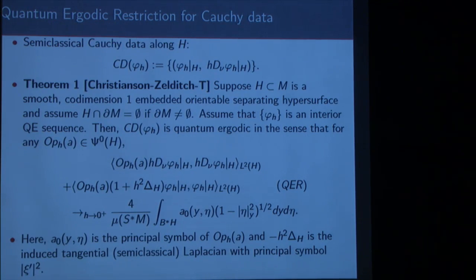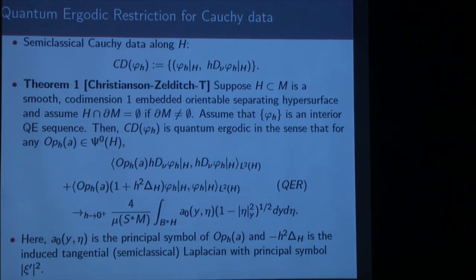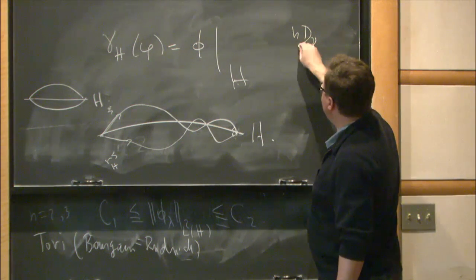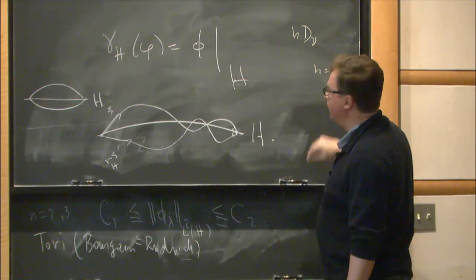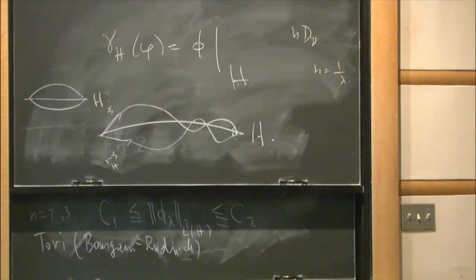standard eigenvalue problems. So one can consider, instead of just the restrictions to the hypersurface, the Cauchy data, which involves two sets of data, right? The restriction and then the restriction of the normalized normal derivative. Whenever I take a normal derivative, I multiply by h. H here is 1 over lambda. So whenever you differentiate, you have to maintain order 0, so you multiply by h. Okay, so that's the Neumann data that you look at. The normal derivative is the Neumann data. The other one is the Dirichlet data.